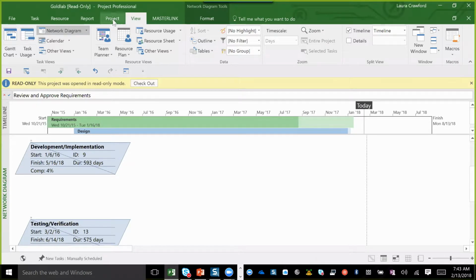I can also, let's see if I come over here, I'm going to be able to check this one out. All right, so I can take a look at my network diagram to see if there are any tasks that are jumping out on the critical path. And then if they are slipping or